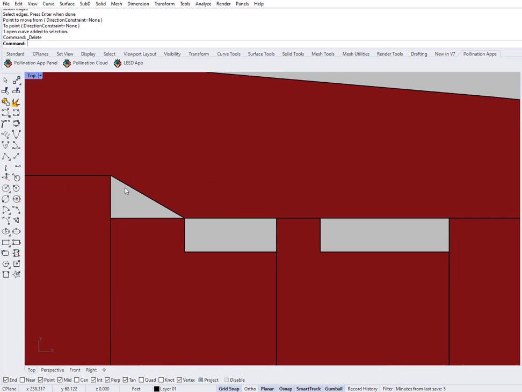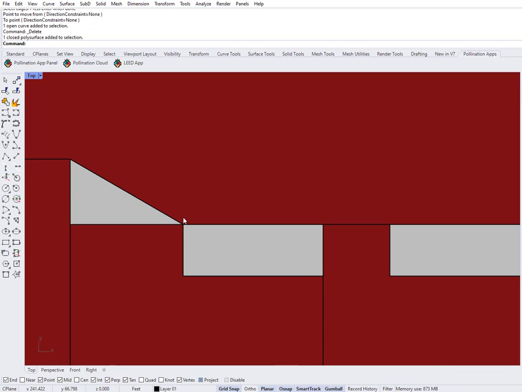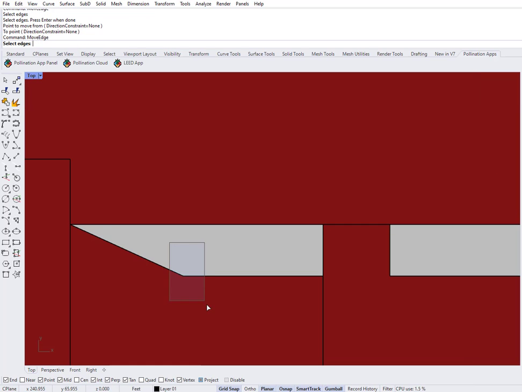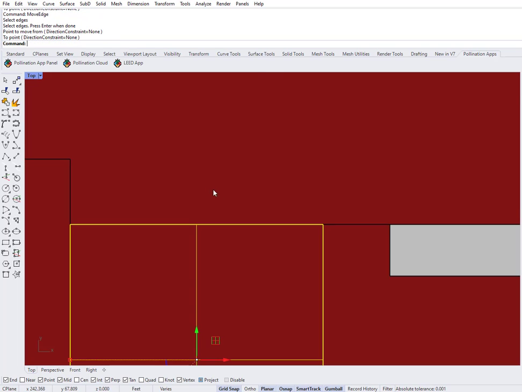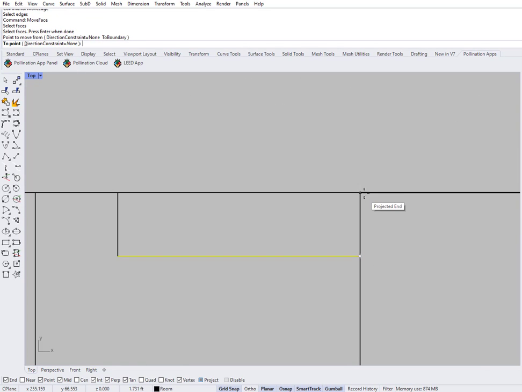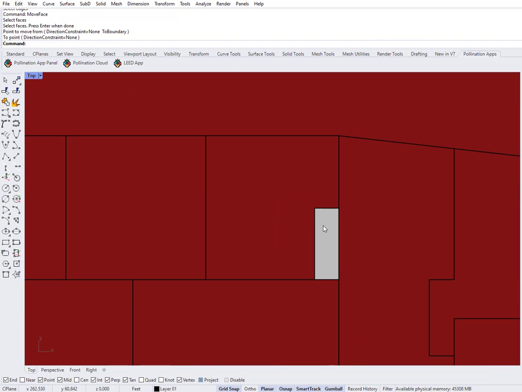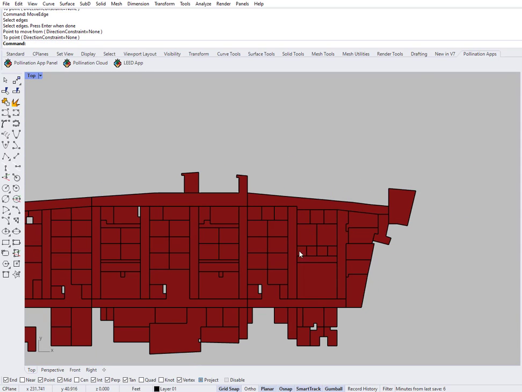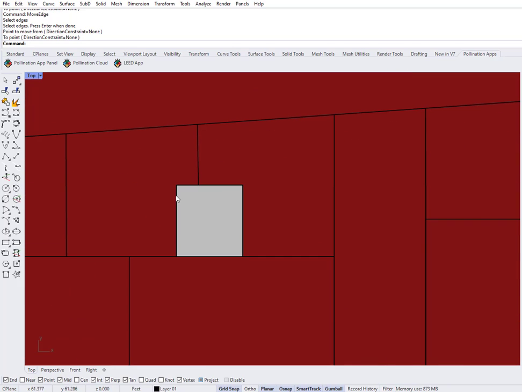For this particular one, I'm going to do move edge of this here to here, and then move this guy from here to here, and in this one, it's faster to do move face. So just move this face here to here. These are probably dots that are missing because there was no room inside. You can also fix that in Revit. So you can see this. So I have a few here, move another face